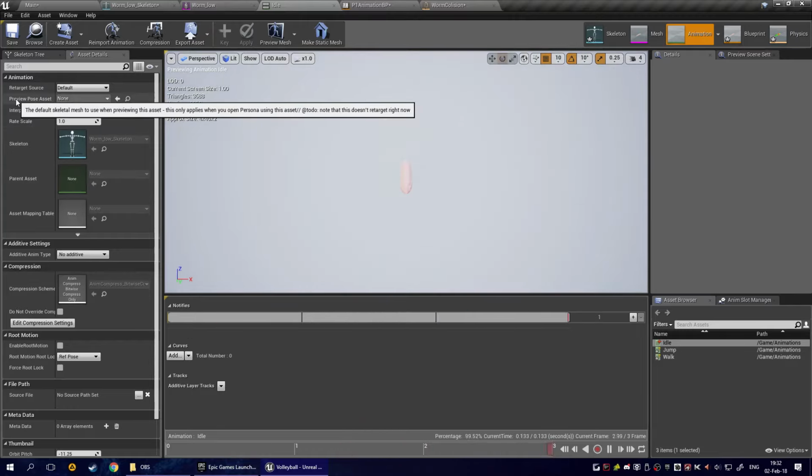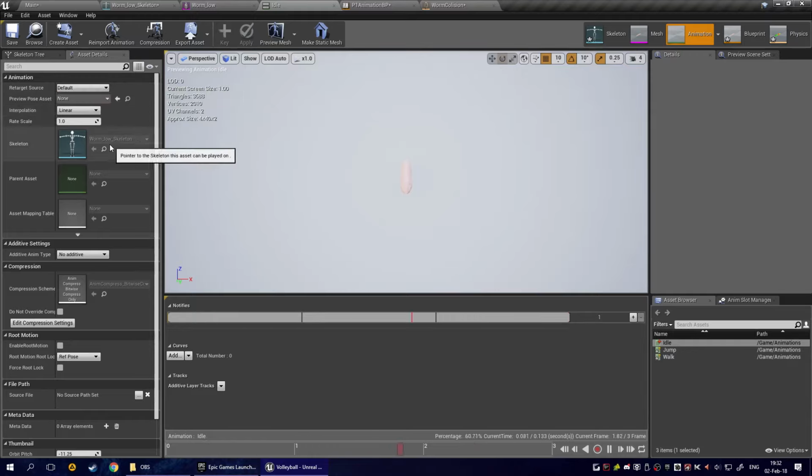So if you're using a particular pose, you could preview the pose here. You can use a retarget source if you've set the retarget sources, like I've already said. What kinds of interpolation you want between keyframes. It could be step or linear. Linear is much better. The rate scale is how fast the animation is playing, and I do believe it's possible